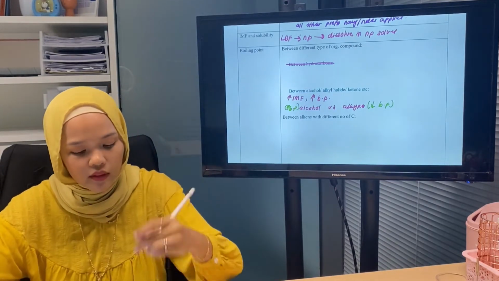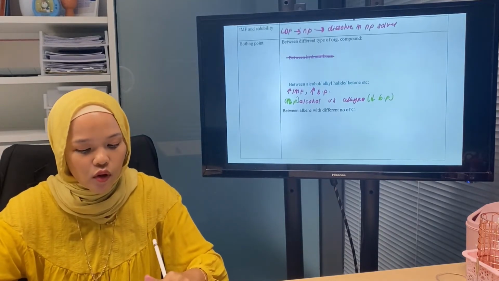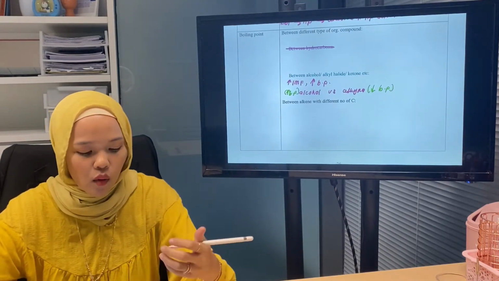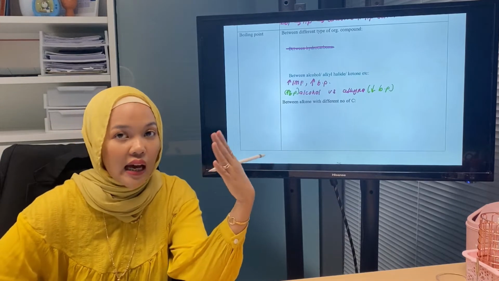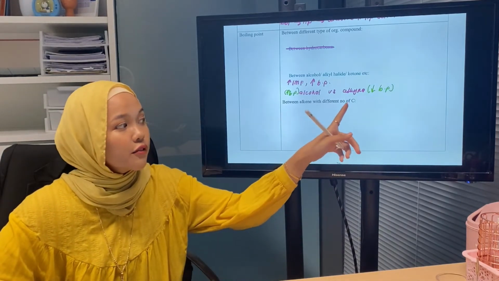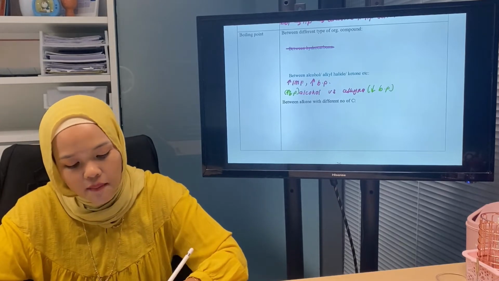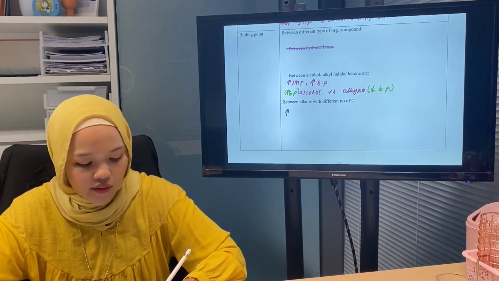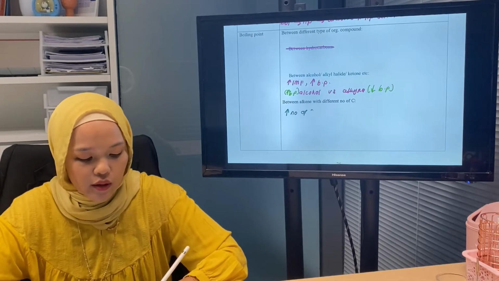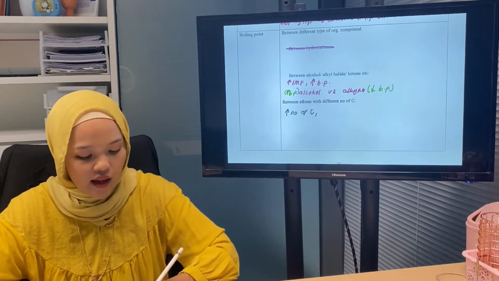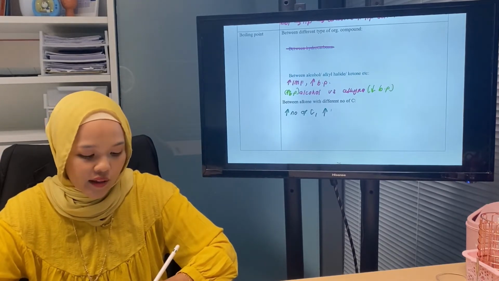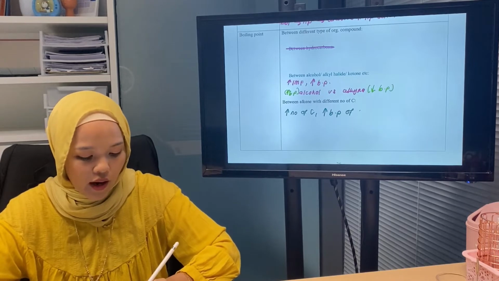Next, you can also compare alkyne with another alkyne that has a different number of carbons. I hope you still remember that the higher the number of carbons, the higher the surface area,